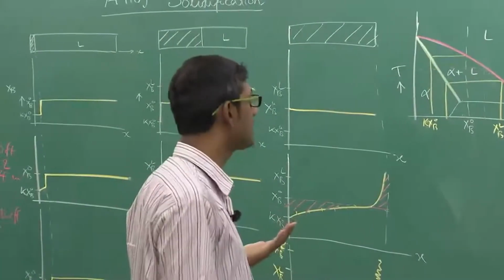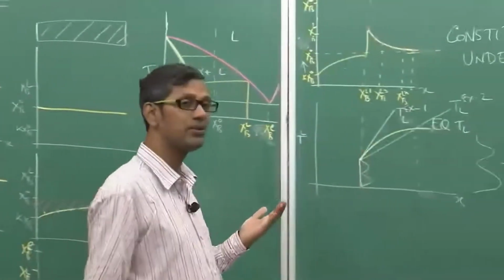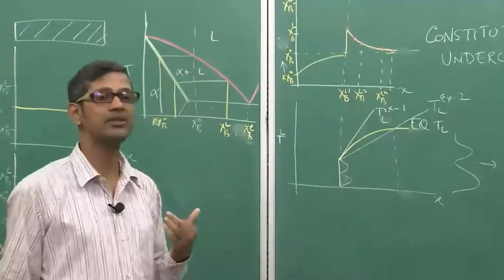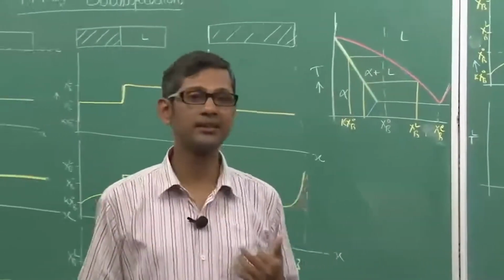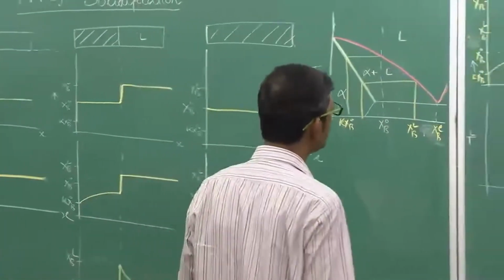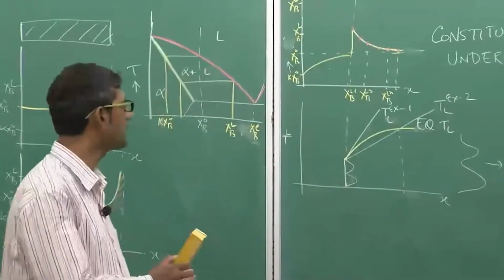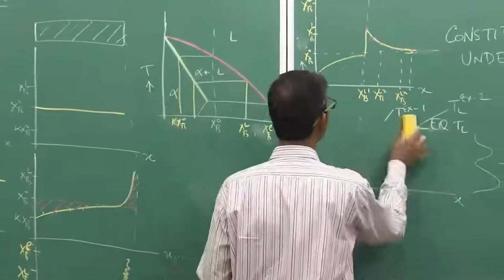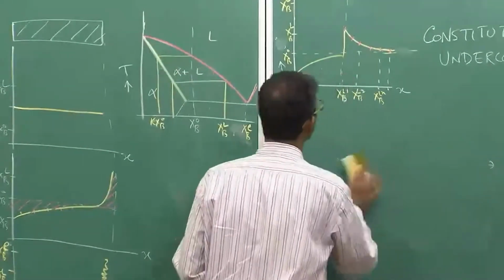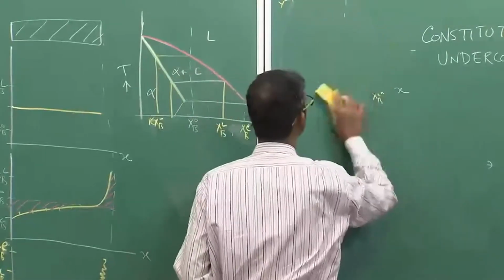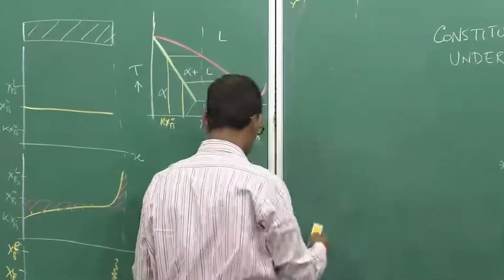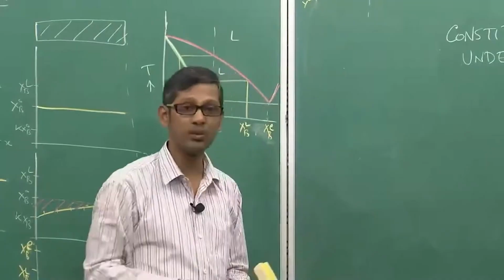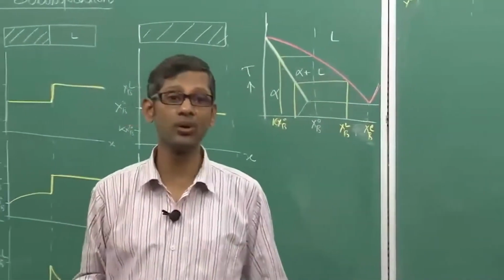In fact, in the 1960s, 1963, 64, 65, this theory was discarded, and people described a new theory, of which I will just give a glimpse. I will not discuss much about this, because that is a part of solidification, not part of phase transformation. So instead of thinking of constitutional undercooling as the main reason behind dendritic growth, we can